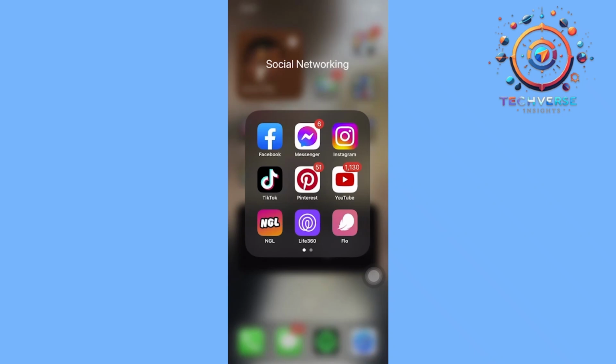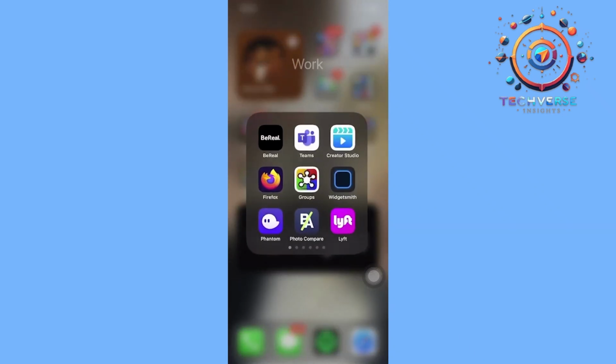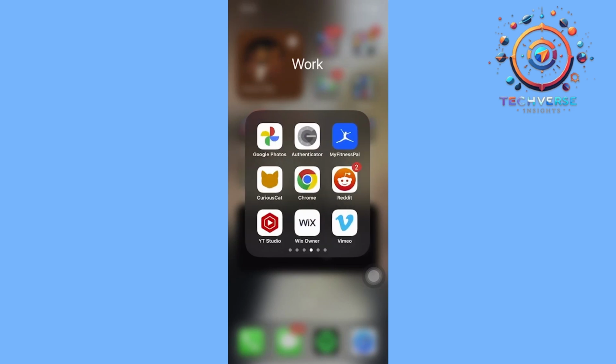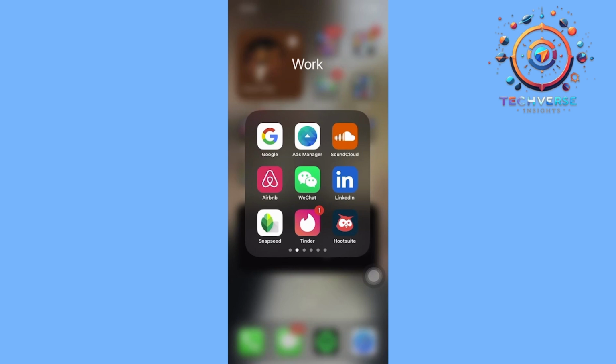Hey guys, today let's learn how to use the Tinder dating app. So in the case that you guys want to use Tinder as a dating app, what can you do in order for you to proceed with doing this? Well, all we need to basically do if we want to use Tinder as a dating app is to tap